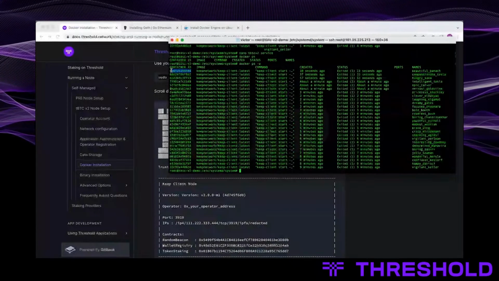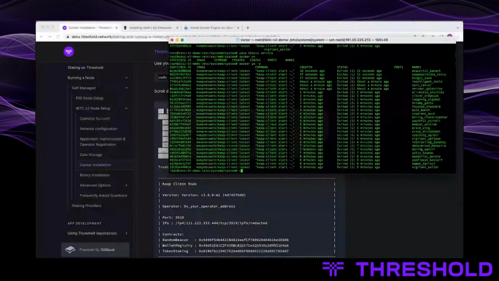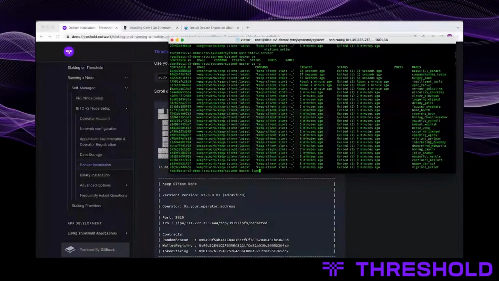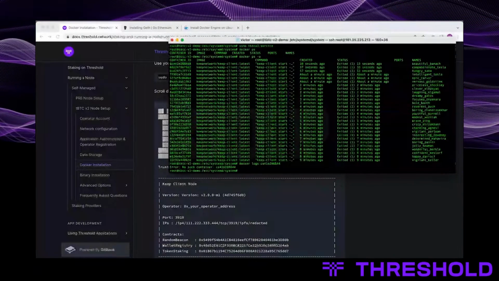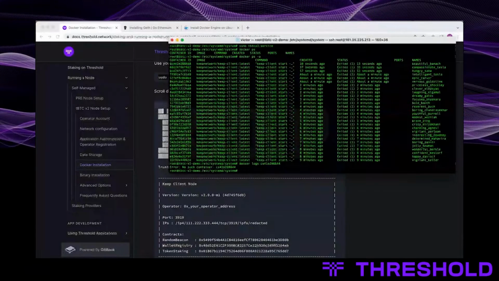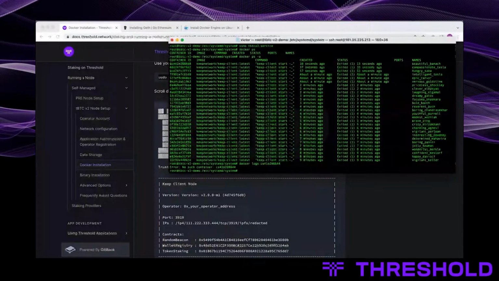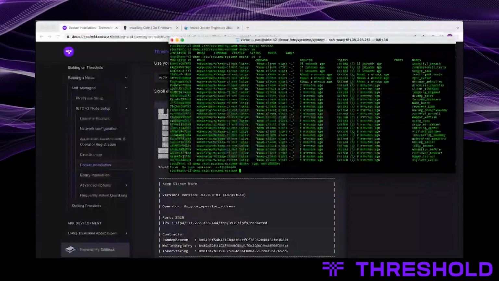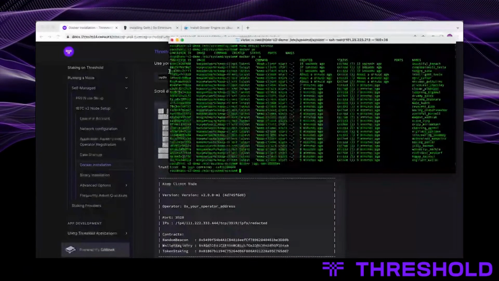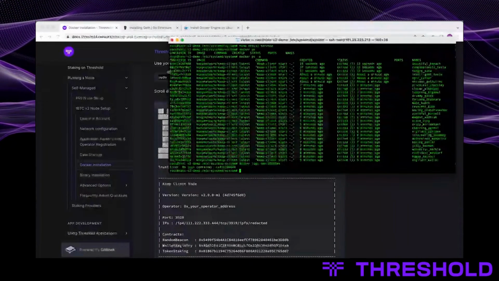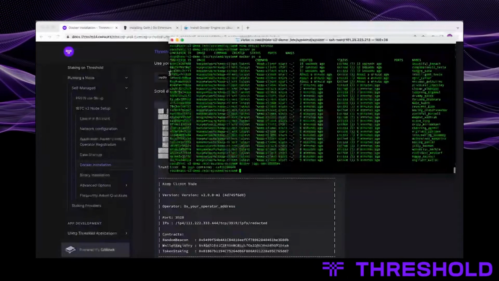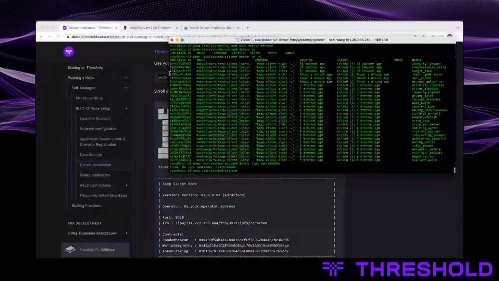I'm going to copy the container ID. Search container. That's because that container is not running.